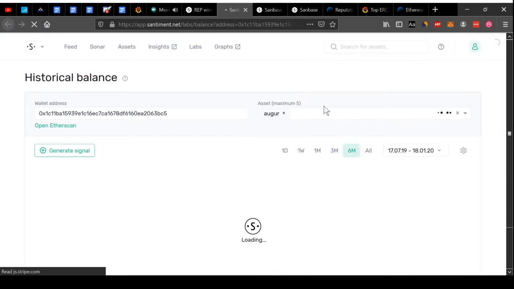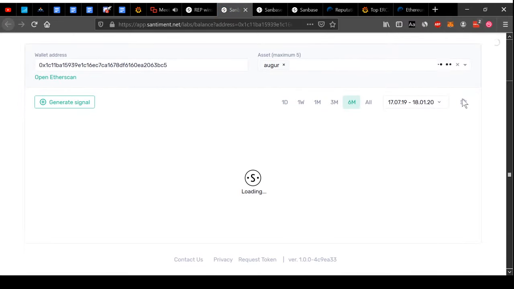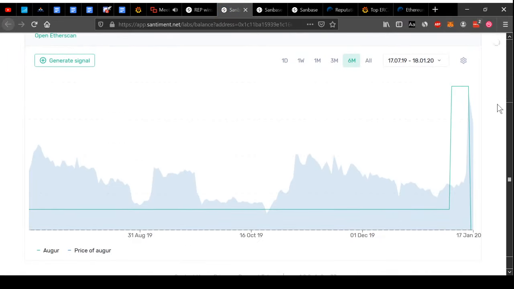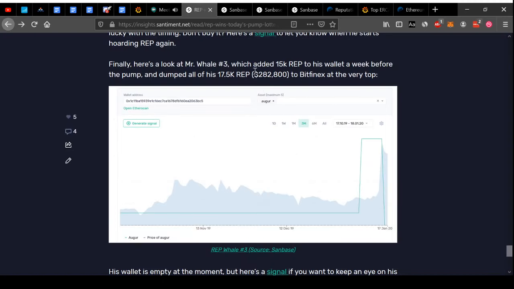let me show you. Either very lucky or somebody in the know. So he went into Augur, he had about 2.5K Augur beforehand, but he added an additional 15,000 rep about a week before the rally, selling right at the very top. So dumping all of his 17.5K Augur, which at the time I think I wrote was about 300,000, onto